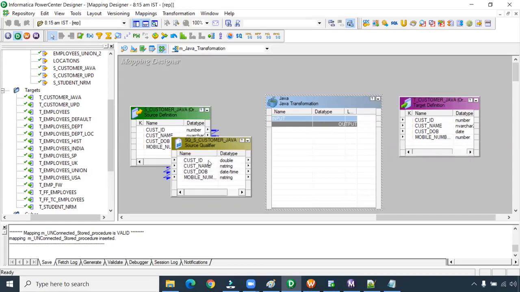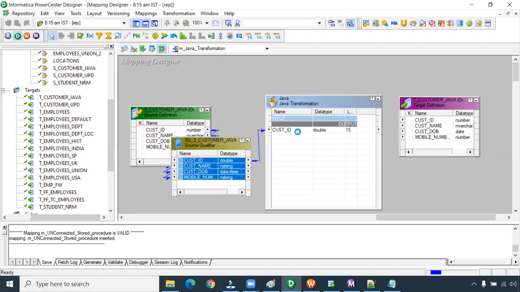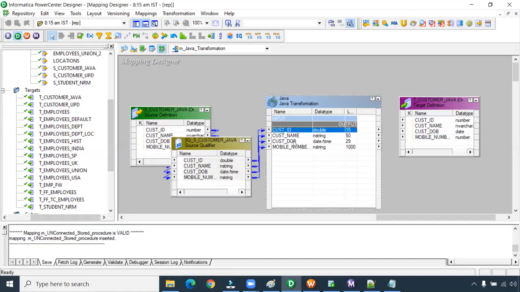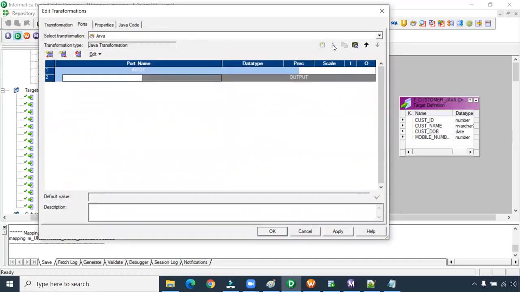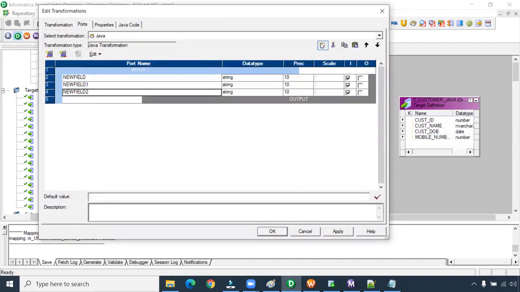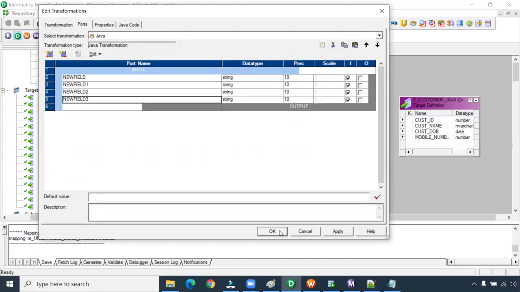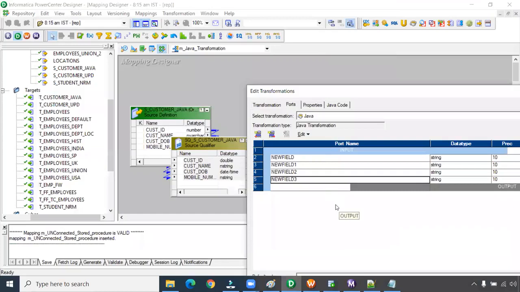If you drag and drop the value here, it will be created in the output only. So don't drag and drop. I will remove this. In the input, keep the cursor here and create the 4 inputs, whatever the 4 inputs we have. So you can take the input columns,